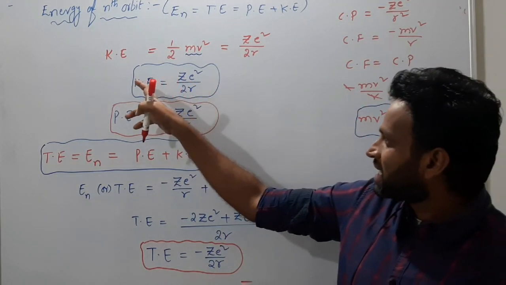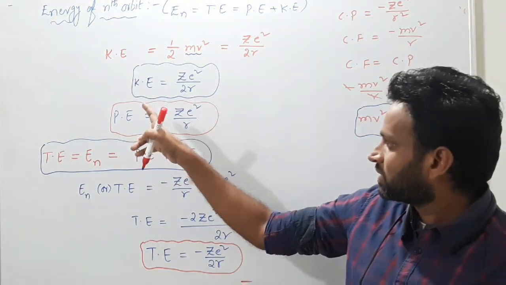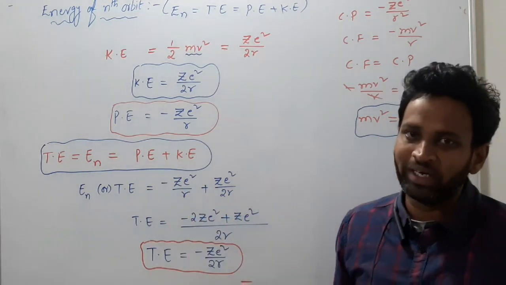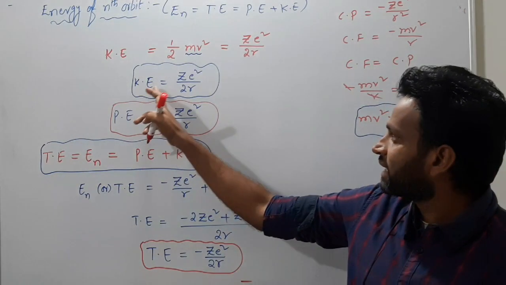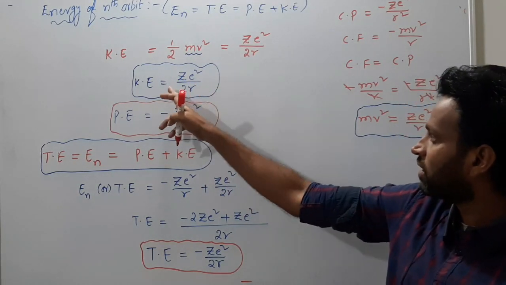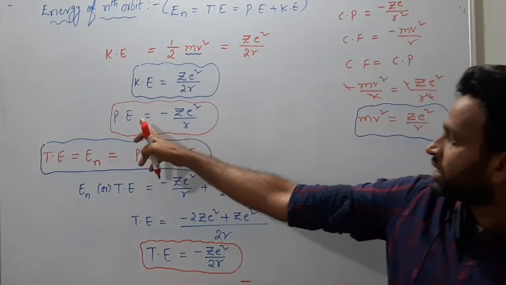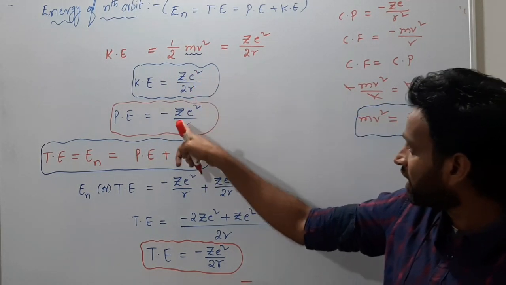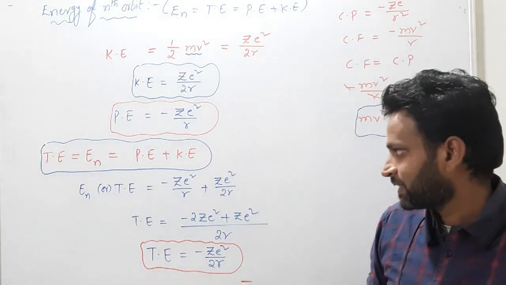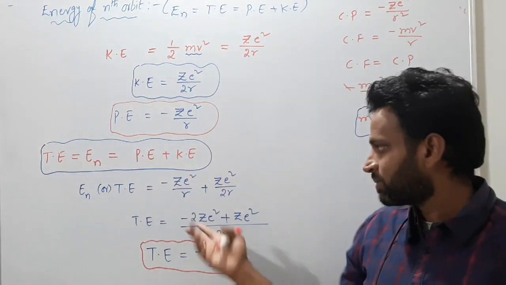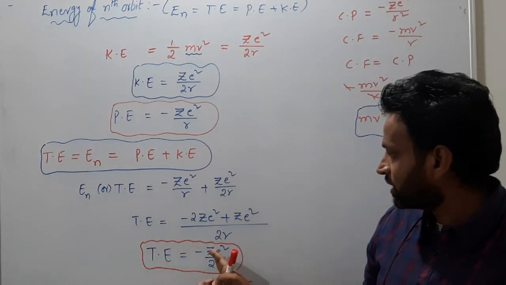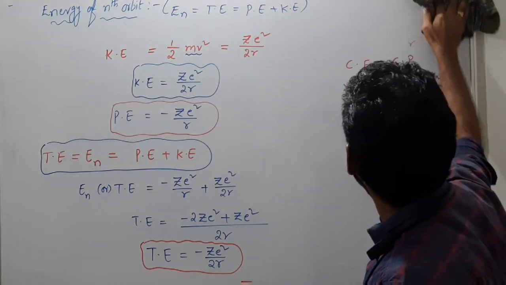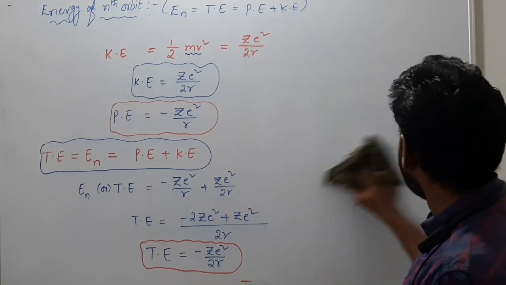So we are trying to avoid heading the formulas, but the potential energy we have to remember. Of course we can have this formula also, but no need, it is a waste of time. So kinetic energy is Ze square by 2r. How did this formula come? Potential energy is minus Ze square by r. Very simple. Here you only have Ze square by r, which you write with a negative. That's it. Total energy is potential energy plus kinetic energy. So I substituted this and got total energy as minus Ze square by 2r. So this is the final formula for us.